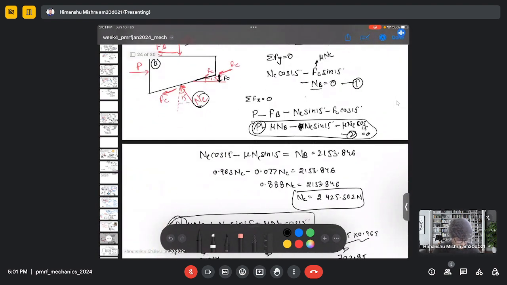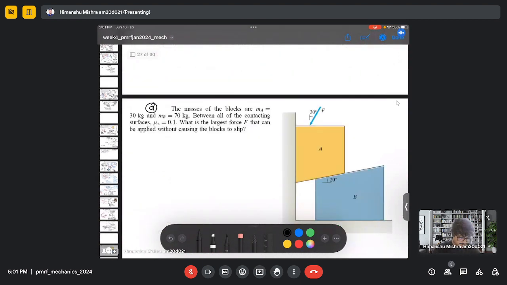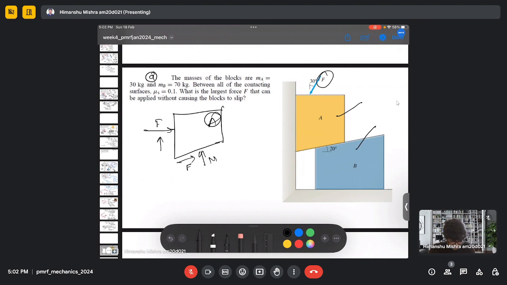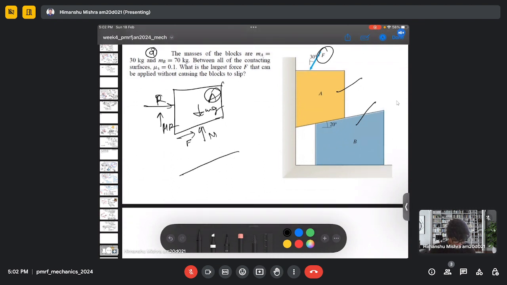So there is one more question left here at the bottom, which is again from the same concept. You have two blocks and you need to find the unknown force F. So again you have to do the same thing. You have to consider block A first, determine all the forces, draw the free body diagram. So this is your, let's say, R, this is your mu R, and this is your mg. Do the summation of forces and then consider the bottom one and do the same thing,